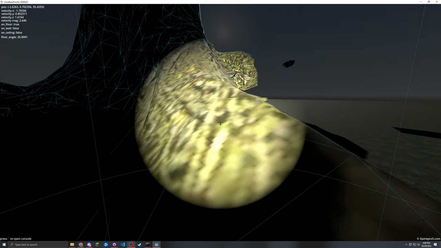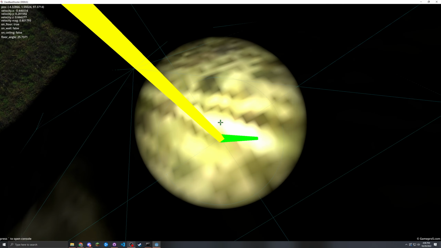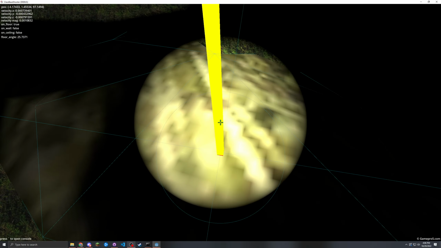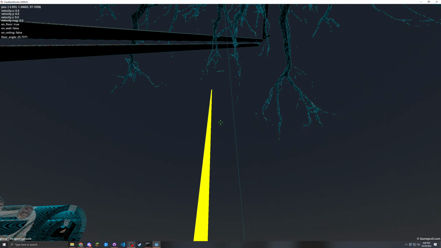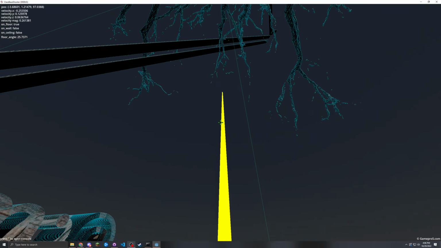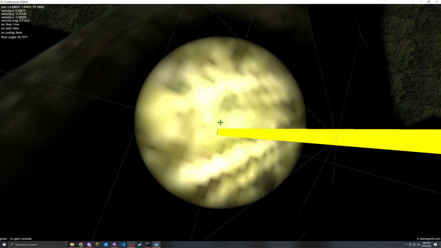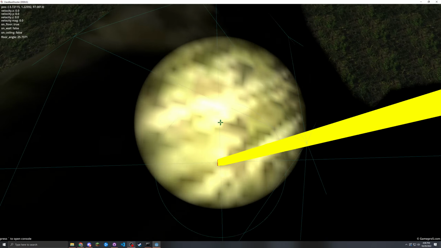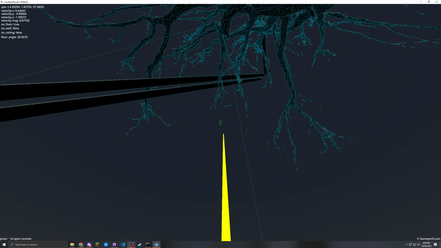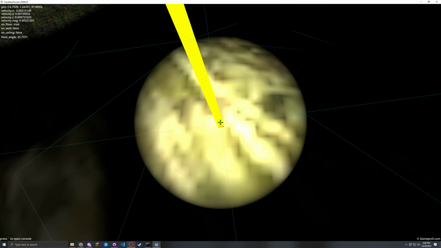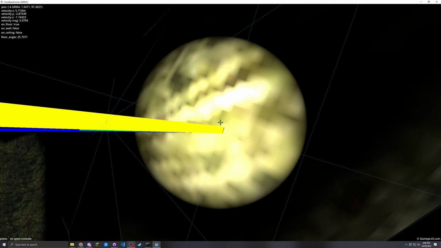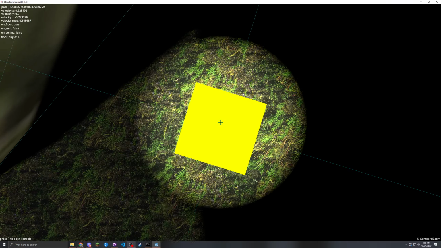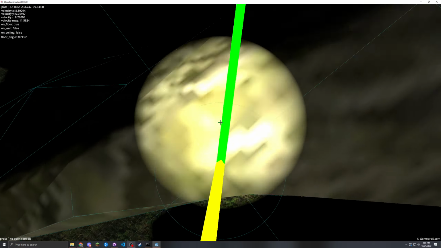Even with the previous version, when we were standing on a surface like this, the normal would wiggle all over the place even when we're on a face. Like, this triangle here is a face. Every time we're moving, it would wobble randomly until we stop moving because it's imprecise. Now, even at this